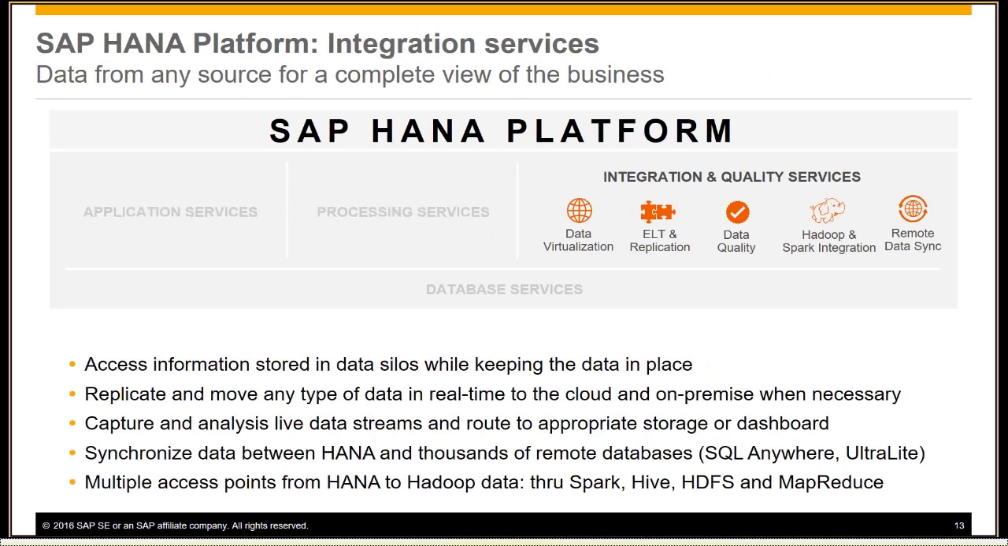Okay, and then the integration capabilities. Again, as I said earlier, it does provide the ability to have data spread across multiple sources, and still you can either move the data into SAP HANA through our built-in ETL technologies, also ensuring the data quality while moving the data. And one of the key capabilities of SAP HANA in this area is what we call Smart